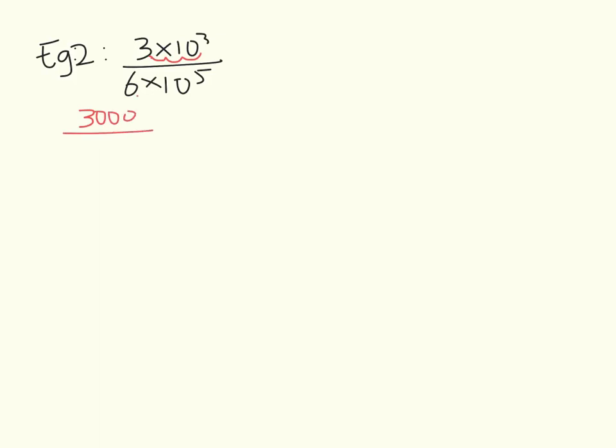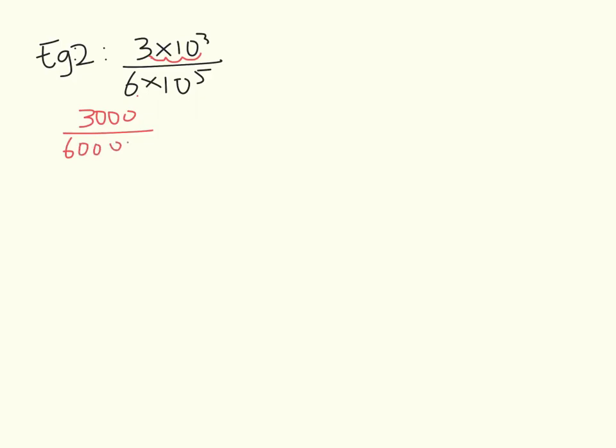Next, we're going to look at another example, which is to divide numbers in scientific notation. So example 2, we have, say, 3 times 10 to the 3rd power divided by 6 times 10 to the 5th power. So before we look at how it works in scientific notation, let's look at it in standard form. So if we have 3 times 10 to the 3rd power, if you put a decimal point after 3, and then you're going to have 3 zeros, so it becomes 3,000 divided by 6 times 10 to the 5th, which will be